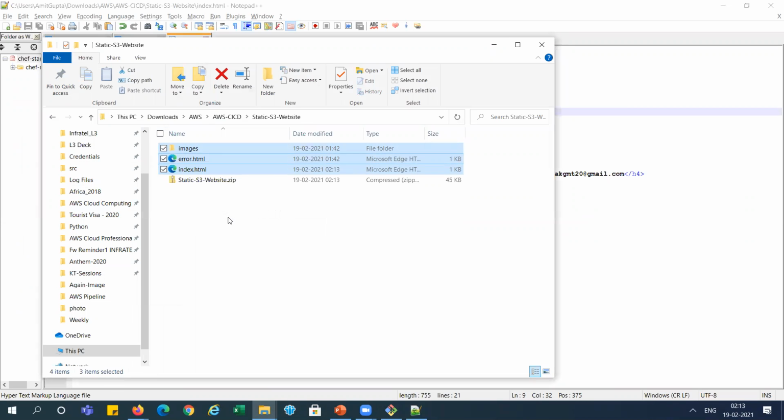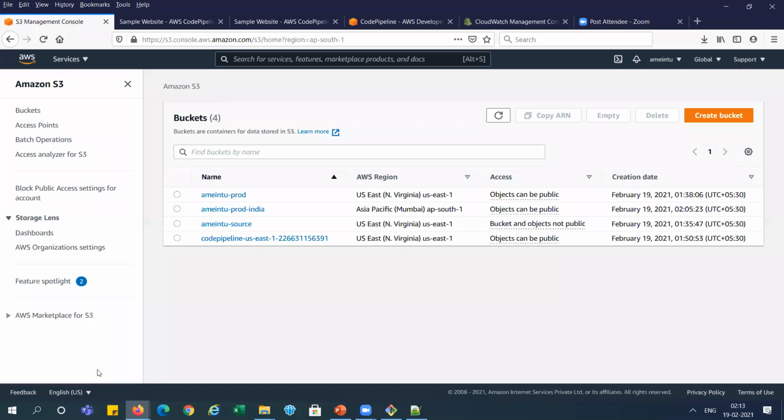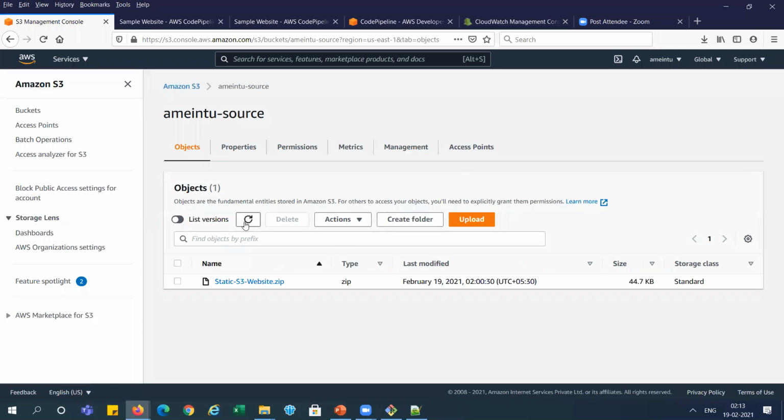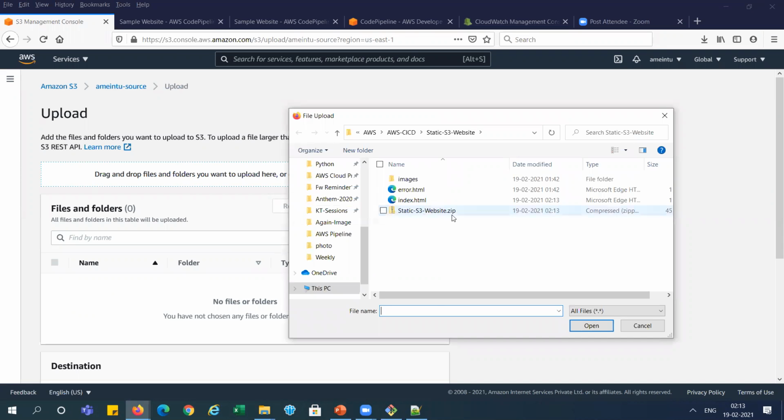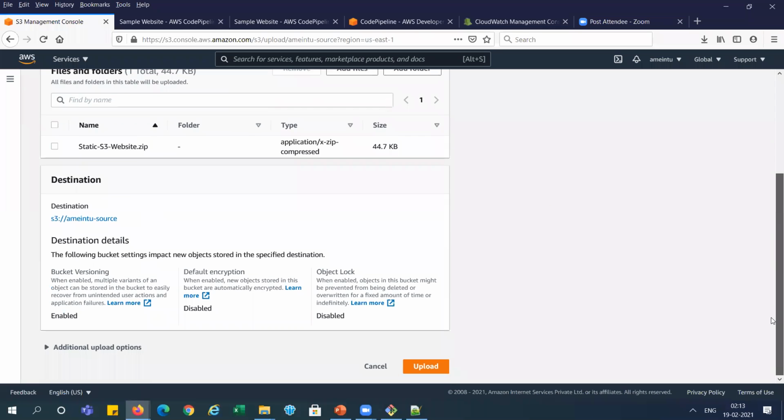Okay, this is our zip file, and we will go to the source bucket, right? This is our source bucket, right? And here I will upload it again. See, I've selected this file and uploaded it again.